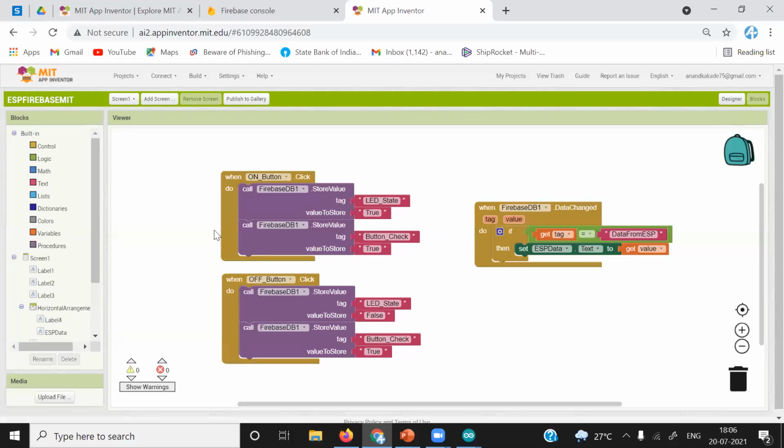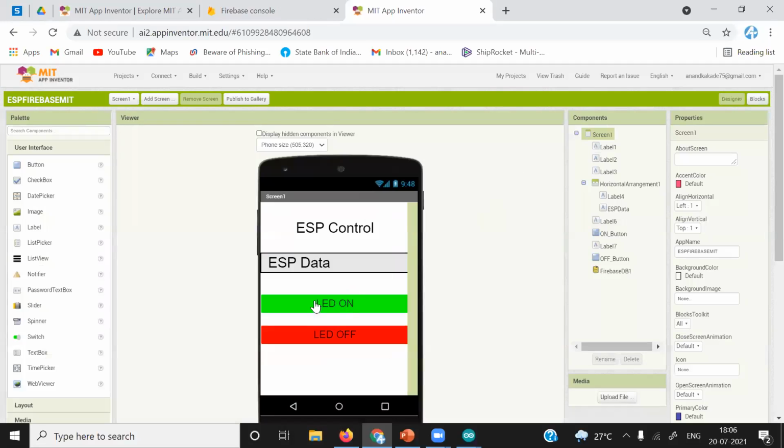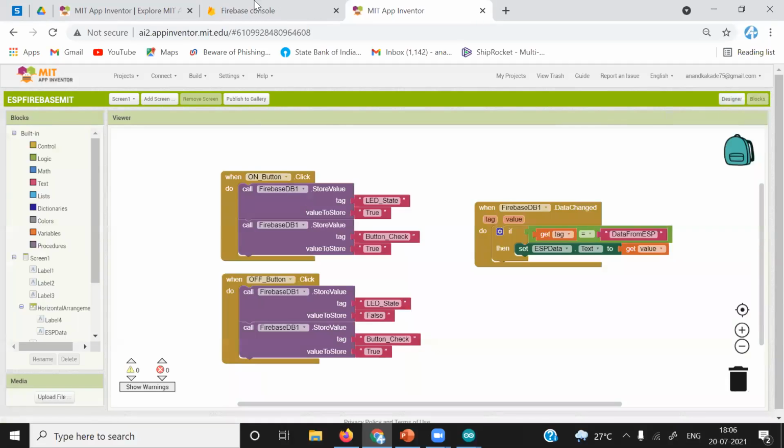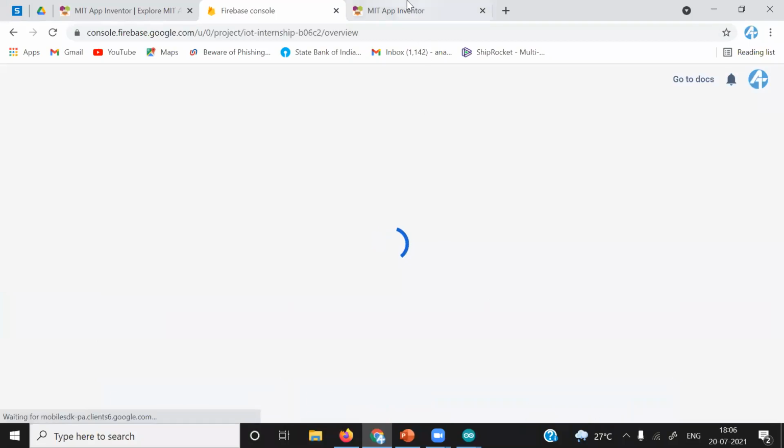Whenever we press this button, the data is going to be updated on real-time database. The data in front of this LED state object is going to be true whenever we press this on button.